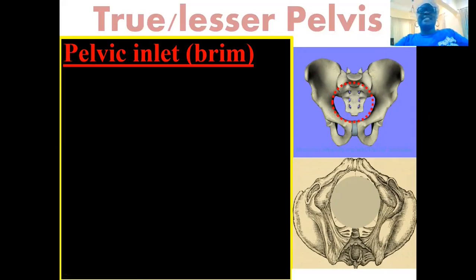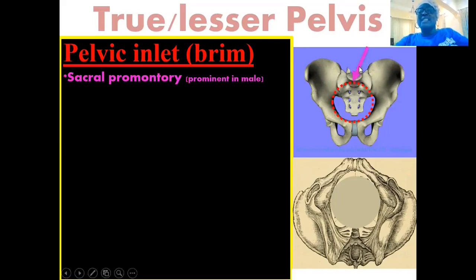So if you look at this circumference, we have a number of structures that form the alignment of the circumference of the pelvic inlet, and it's good for us to establish or highlight these structures. So if you look at it from the posterior part, we have the sacral promontory, and this is what is highlighted here at this point. This sacral promontory is a protrusion that is created on the first sacral bone,